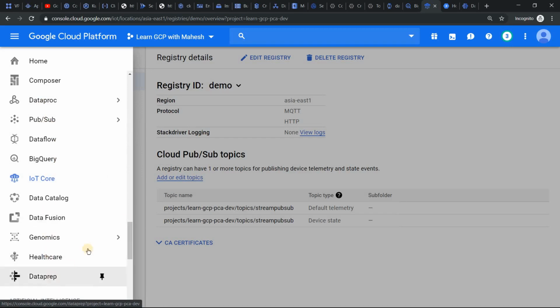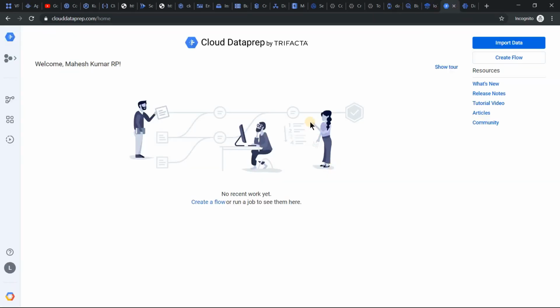Oh, so we have not finished data prep. Let me just go to data prep. The data prep part is primarily for preparing your data without writing a single line of code. And in data prep, when you upload all the necessary data, click on create recipes and click on run job, behind the scenes it creates an Apache Beam pipeline which gets executed on Dataflow. And by this time we know Dataflow cannot be provisioned without a VPC, so data prep also cannot be proposed.